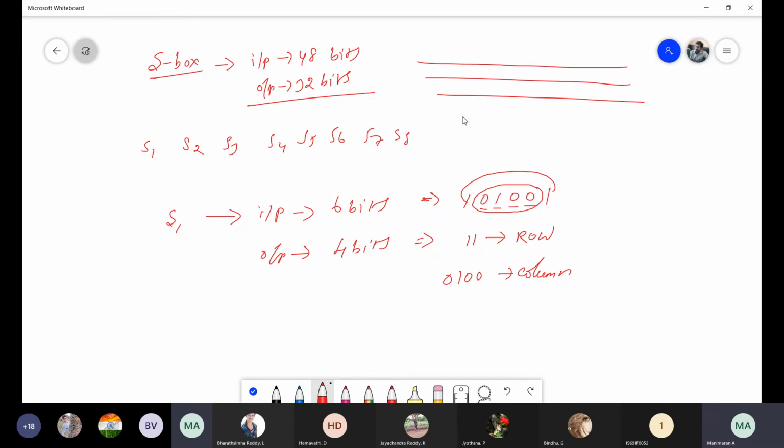S boxes: how many rows are there? 1, 2, 3, 4. Sorry, we have to start from 0: 0, 1, 2, 3. 4 rows are there, and 16 columns are there.